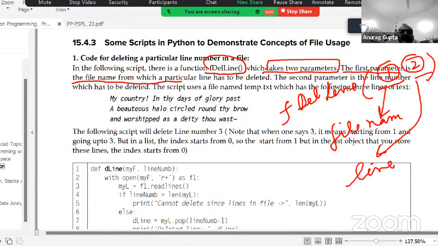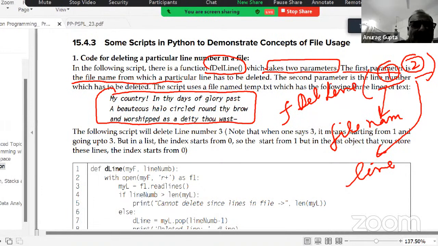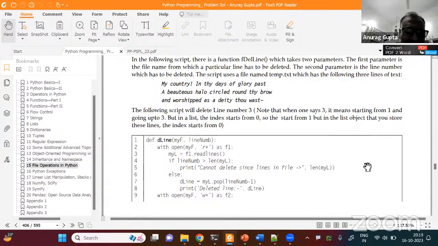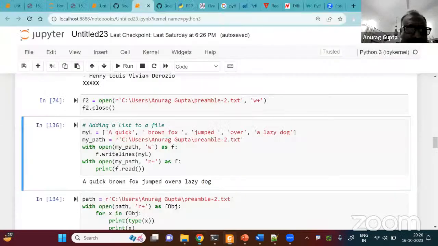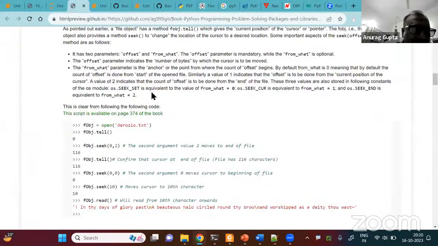This function I'm writing, and I'm trying to explain the code of this function to you guys. The code is given in my book, but let me try to explain it for you. In my book, I've created a file which has these three lines, and these three lines are stored in a file. I'll show you, but let us just go over this. Unfortunately, this code is split over two pages, so let me open the HTML and come from there.